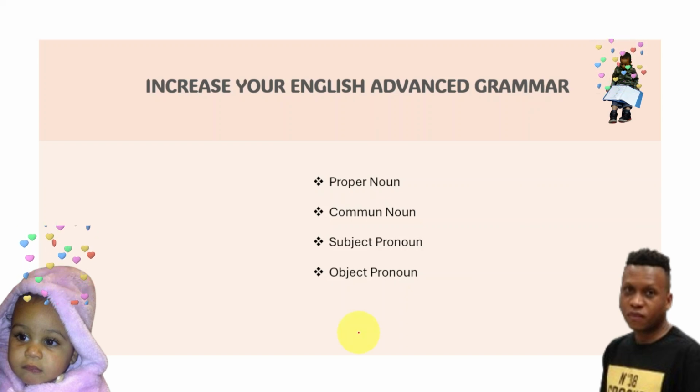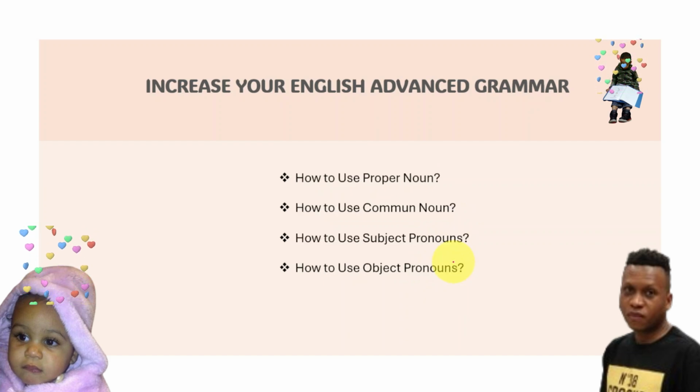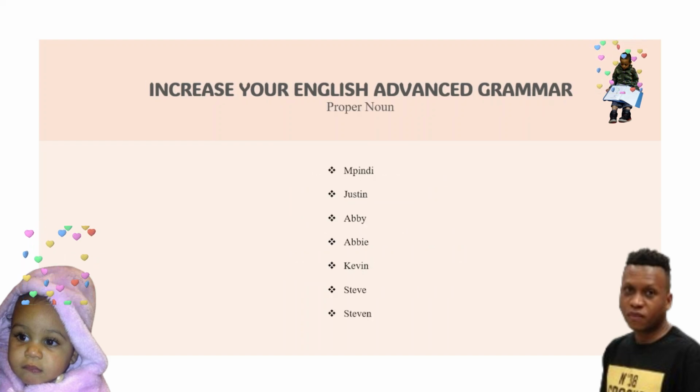So when we look at here, we have a proper noun, we have a common noun, we have a subject pronoun, we have an object pronoun. Okay, so I'm gonna explain to you guys how to use it: how to use the proper noun, how to use a common noun, how to use a subject pronoun, and how to use an object pronoun. Okay, so we're gonna go step by step. Okay, so here the proper noun,